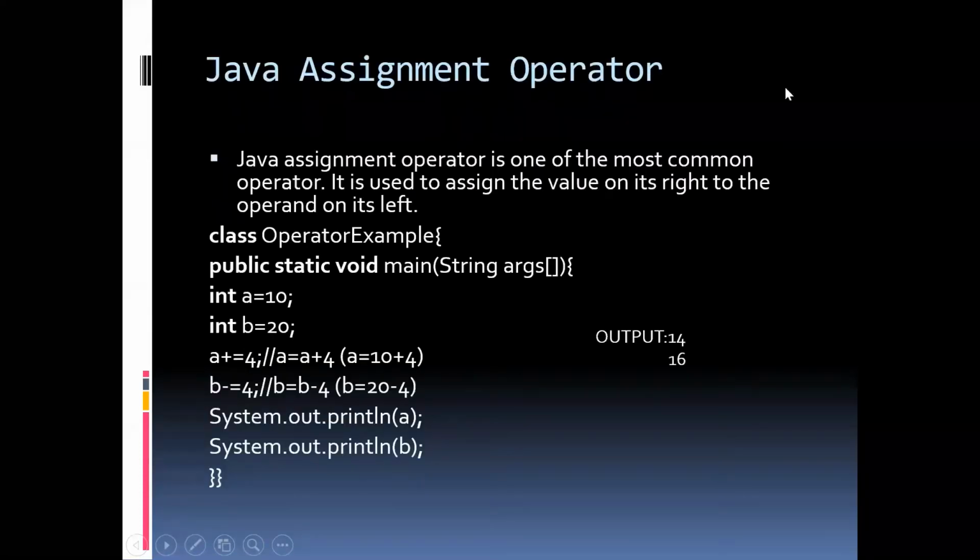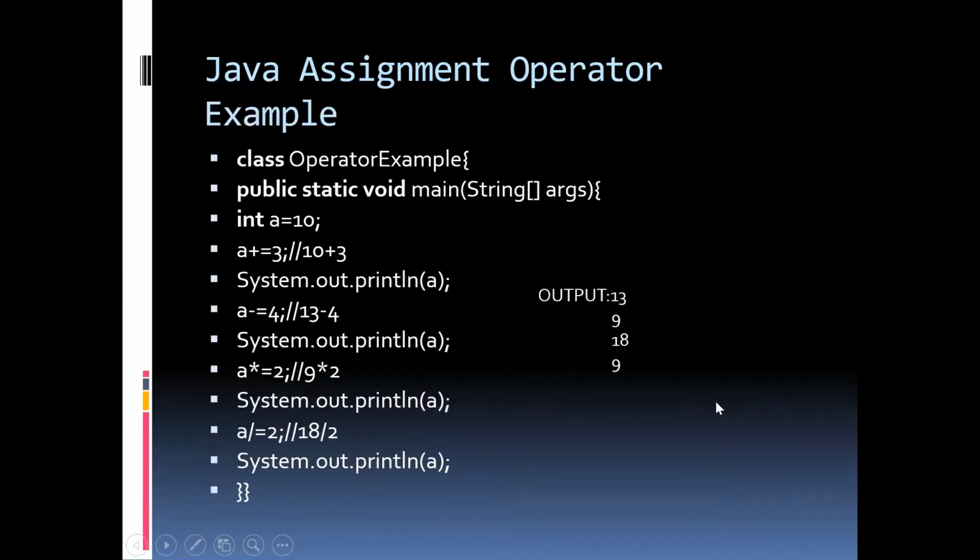Coming to the assignment operators, they are the most common operators, where whatever value is present on the right, you assign to the operand on its left. If you take here a equals 10 and b equals 20, with their data types given, a plus equals 4 can also be written as a equals a plus 4. 10 plus 4 will be what? 14. So the answer will be 14. Similarly, b minus equals 4 we can write as b equals b minus 4. It's like assigning whatever is present on the right to the operand on the left. That's it about the assignment operators. Nothing else much is present here. So 20 minus 4, 16 would be there.